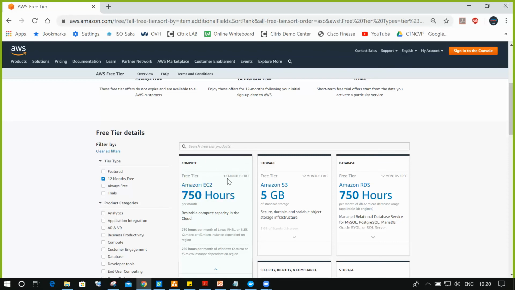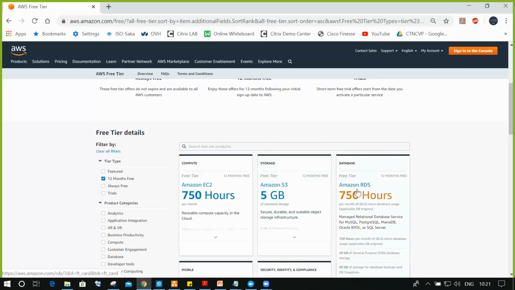For example, in the 12 months, Amazon EC2 is provided only 750 hours. Amazon S3 gives only a 5 GB limit. Amazon RDS, Relational Database Service, is also provided only 750 hours for the entire 12 months.